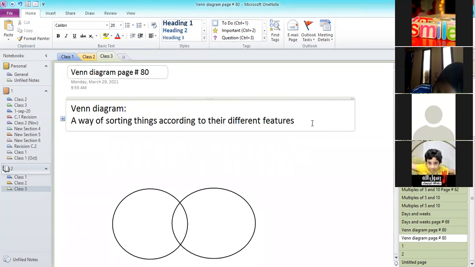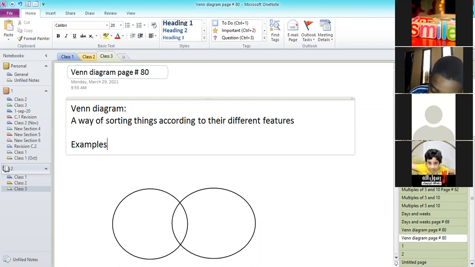A way of sorting things according to their different features. Example,